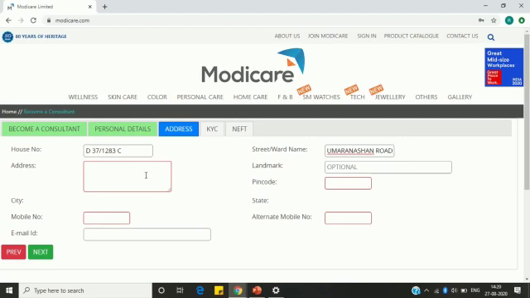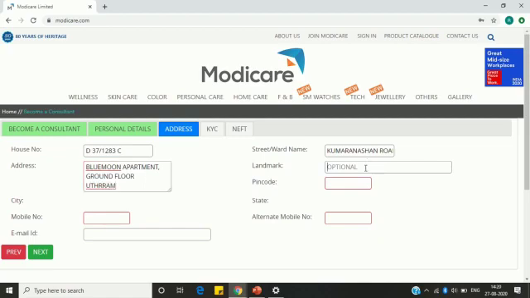Okay. And in the address column, type the complete address. So I write a Blue Moon apartment, ground floor, and house name as Uttram.